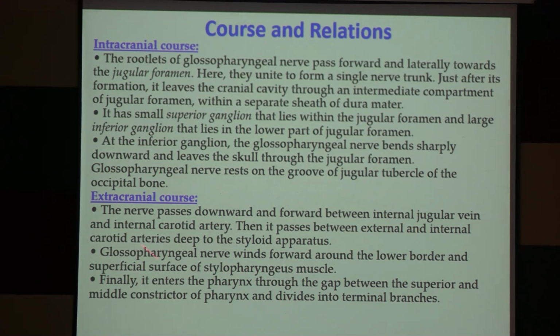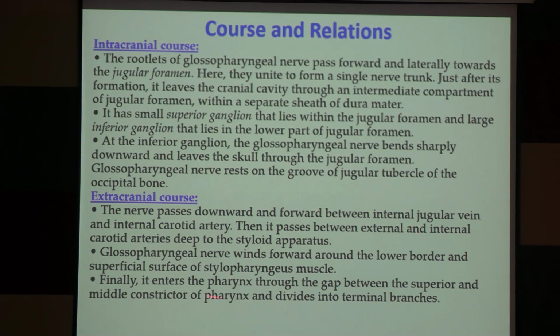Next is extracranial course. After coming out through the jugular foramen, the nerve passes downward and forward between the internal jugular vein and internal carotid artery, and then it passes between external and internal carotid arteries deep to the styloid apparatus, and this nerve winds forward around the lower border and superficial surface of the stylopharyngeus muscle, supplying this muscle, and